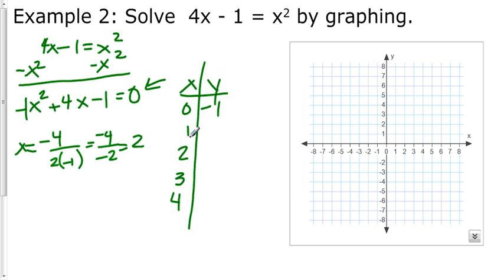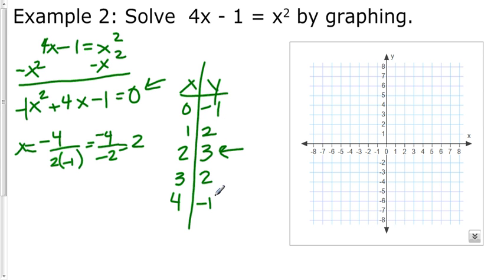If I plug in 1, I'm going to end up with -1 plus 4 minus 1, and I get 2. If I plug in 2, I'm going to end up with -4 plus 8 minus 1, and I'll get 3. If I plug in 3, I should get 2, and if I plug in 4, I should get -1. Because remember, I did this step at the beginning to figure out where my axis of symmetry is, so I know that in the table (2, 3) is the vertex or the center, and I should have symmetry in the